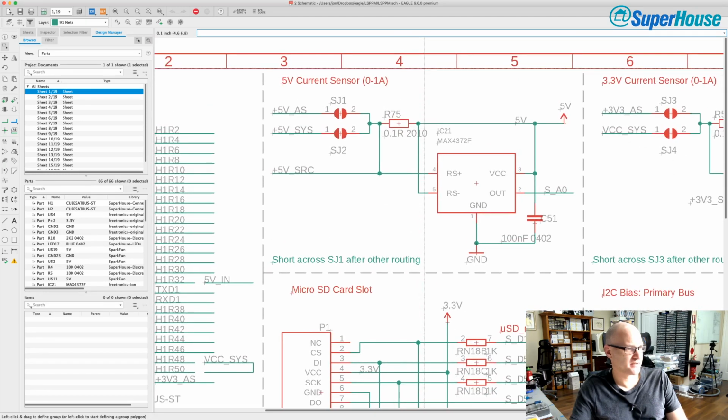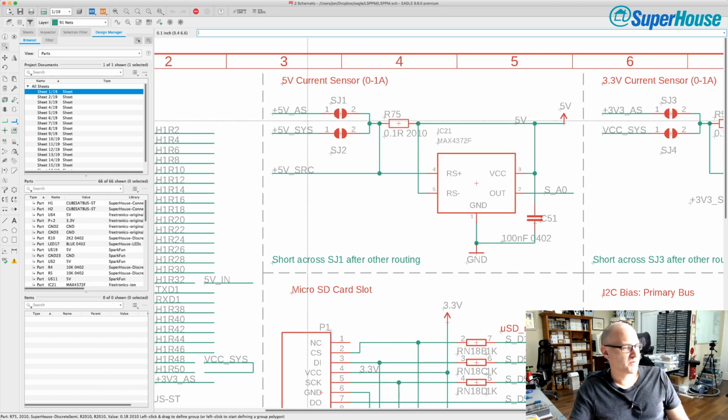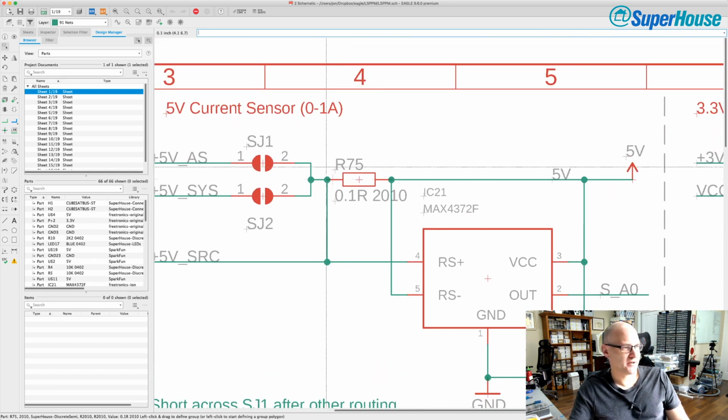Okay, so in this case I was using a MAX4372 current sensor chip, and what you can see right here is the 1/10 of an ohm resistor. So we've got 5 volts that comes in from somewhere, either the RGSat bus or the system, or a 5-volt source. So there are multiple ways that power can come into this. And then the power passes through the 1/10 of an ohm resistor, and then it goes on to the main power bus